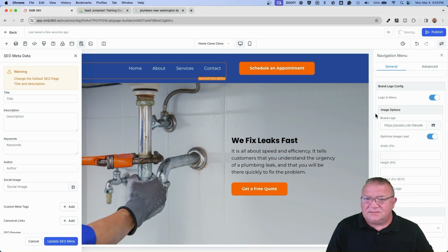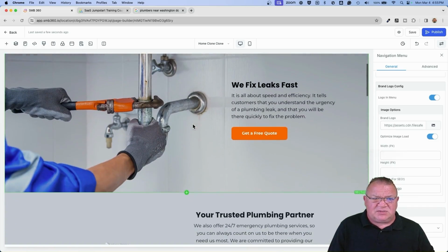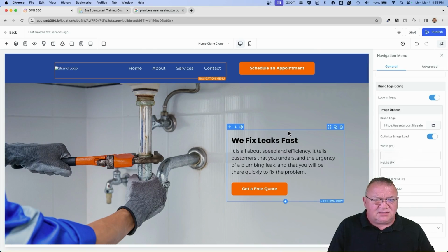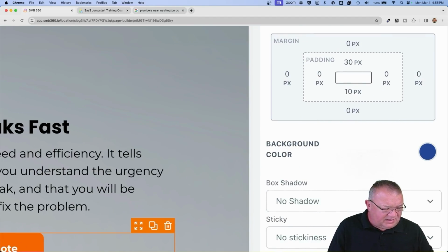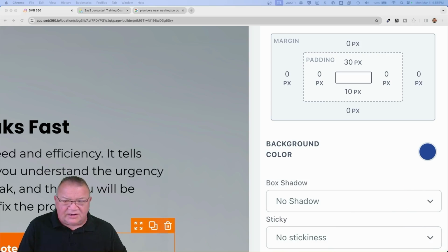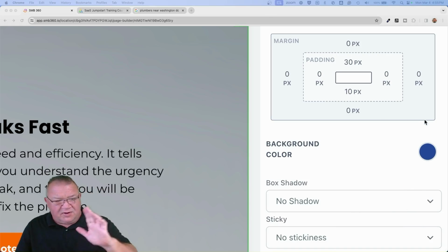Optimize load. So this right here, again, is a template. I just want to show you, if we scroll down, notice how good it looks. You can change these colors. If you click on this area right here, notice the background color over here on the right. I'm going to switch myself back over to the left side so I can see this side. Sorry for the back and forth.